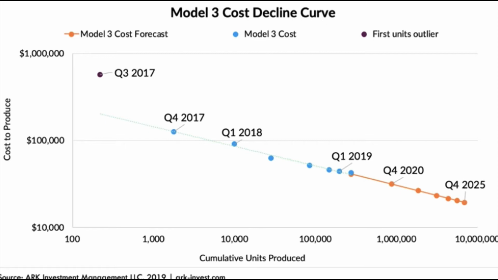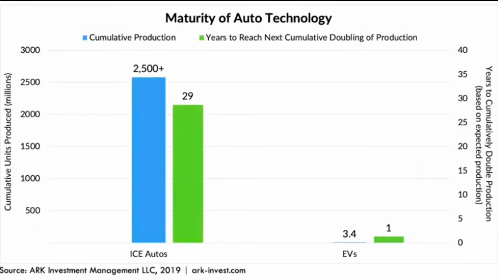When looking at this chart, it appears that the number will eventually head to zero. But this is deceptive, since the chart is measured by units of production and not of time. The amount of doubling becomes exponentially more difficult. ARK Invest demonstrated an interesting way to look at this. There have been 2.5 billion gas-burning cars produced since they started over a century ago.